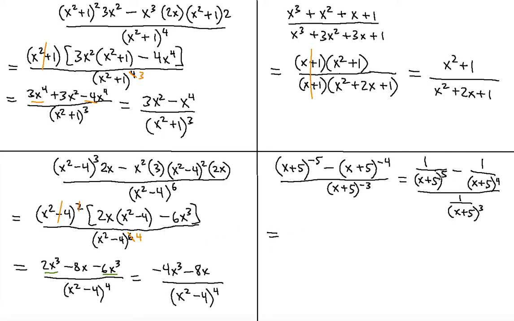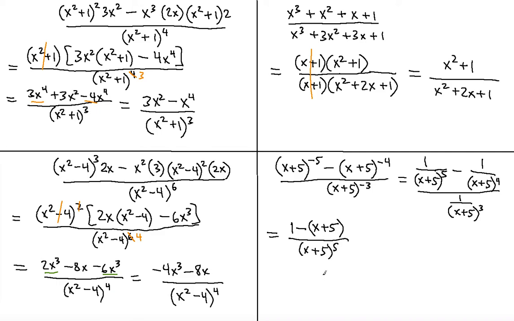Now you have 5 factors of x plus 5, but here you have 4 factors of x plus 5, right? So you need 1 more x plus 5 here, right? And you leave this fraction alone, right? So it's going to be 1 minus, so you need 1 more factor here, x plus 5. And don't forget the parentheses because the minus applies to everything written on the top, right? So everything is, in this case, x plus 5. So minus is applied to both. So you close them with parentheses. And divided by x plus 5 to the 5th power,